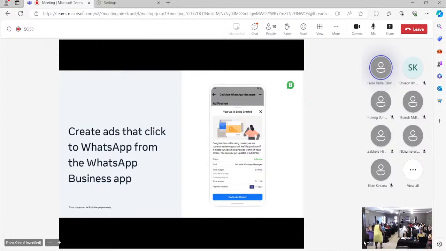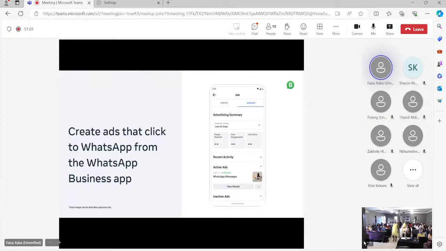So this process takes about 24 hours or even less, and then once it's live, you will see it going on your social media platforms. Then you can also see how many people your post has reached, your ad has reached, how much engagement, and your deep links. Remember these ads that we created, they are still in review, alright? So they have not yet gone live, hence we only have dashes in our